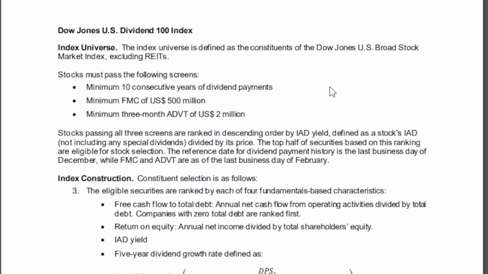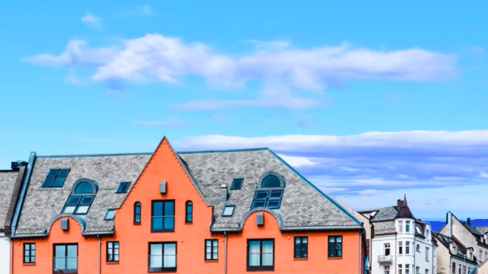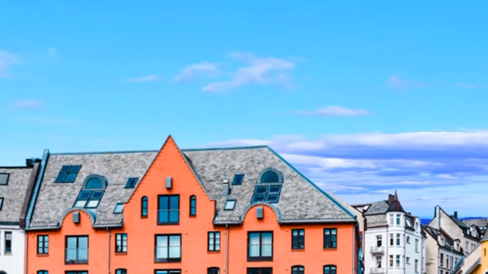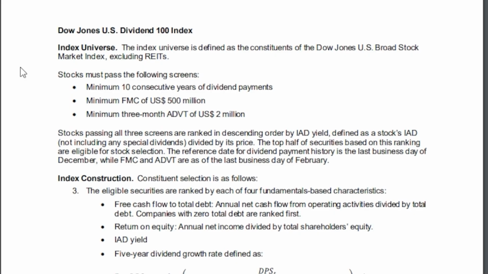So the methodology says Dow Jones US Dividend 100 Index Universe. The index universe is defined as the constituents of the Dow Jones US Broad Stock Market Index, excluding REITs. So even though REITs are great, I'm a huge fan of REITs, they are not going to be included into this index. It then says stocks must pass the following screens: minimum 10 consecutive years of dividend payments, minimum FMC